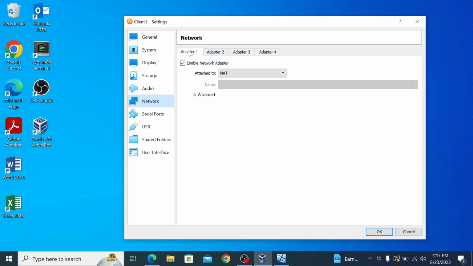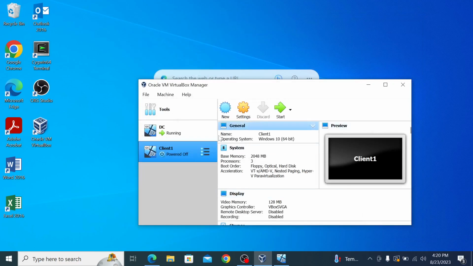And for this one, we're only gonna need the one NIC. So we're gonna select the internal, next, and now this is where we would get into the virtual machine and select the Windows 10